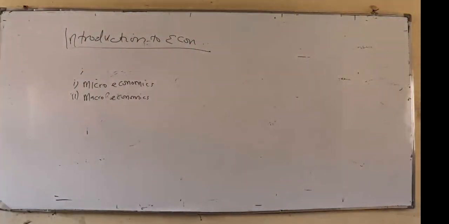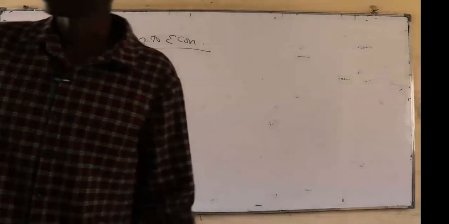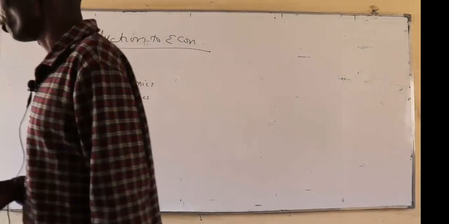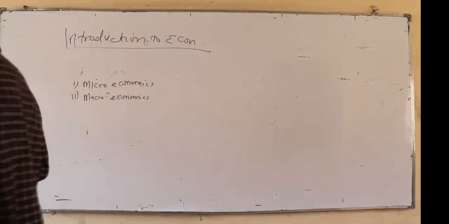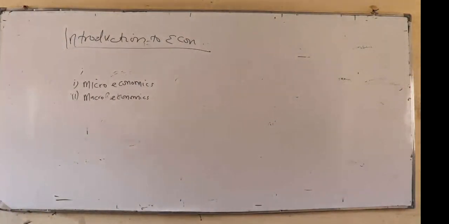So what are we saying? In this economy, these are the resources that we have. What are we going to produce? How many of these products? What are the services? That is what we have to ask ourselves. And those three economic questions go hand in hand. Once we have decided this is what we are going to produce, then we must also proceed and ask ourselves, how do we produce these goods in a way that will be cost effective for us?